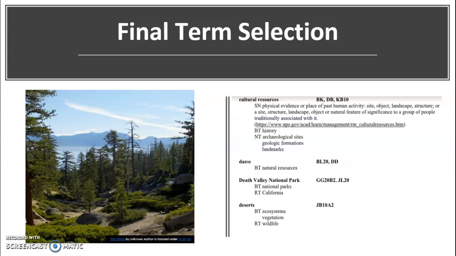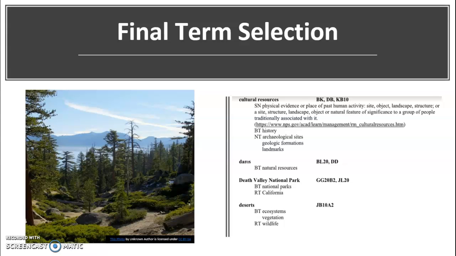After completing the relationship analysis, we moved on to the final term selection. This process resulted in a final list of 106 terms, 95 of which were preferred, 11 of which were non-preferred. Our group used ANSI standards to determine our finalized terms, such as count nouns, which are countable, and in most cases should be pluralized. Most of our thesaurus nouns adhered to this rule. Exceptions can be seen in abstract ideas, disciplines, or activities, which should be expressed in singular form. We used organizational information, such as the National Park Service website, to determine our preferred terms.